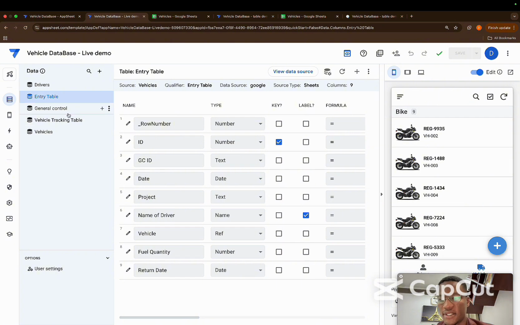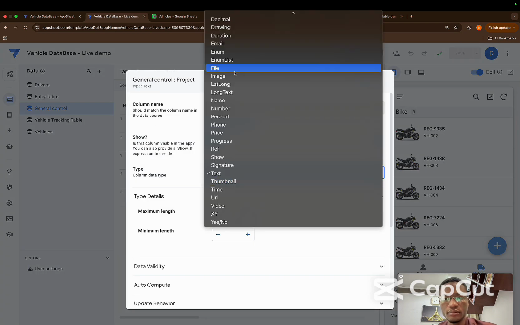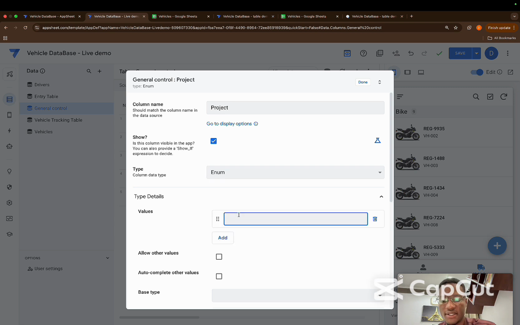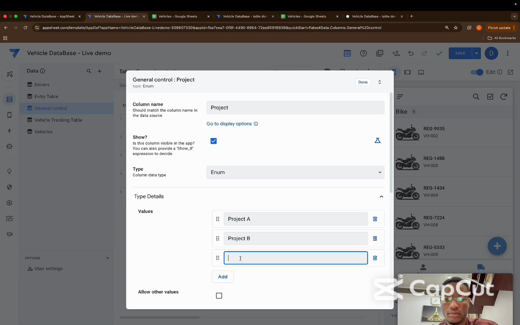Good. Now I need to quickly set up the data types. I'll go here to general control. This is going to be an enum. So you probably have an enum list of all your projects. So I'm just going to name this project A, B, C, D, sort of. Project A, project B, project C,